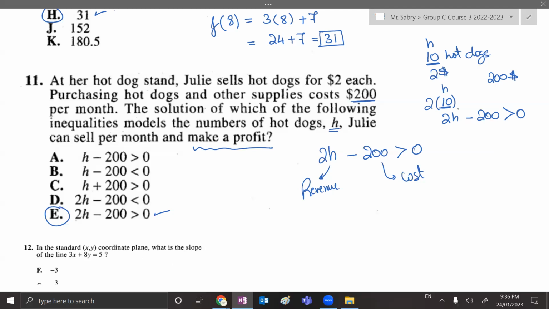طب ايه ال 200؟ 200 ده الحاجة اللي هي دفعتها في الأول. اوكي، اللي هو الكوست، اللي هو التكلفة، صح؟ اه اوكي، وايه هما ال 2 اتش؟ $2. ايوه، لو كانت 2 دولار بس كنت هكتب 2 بس وخلاص. ليه 2 تايمز اتش؟ الاتش بتريبريزنت ايه؟